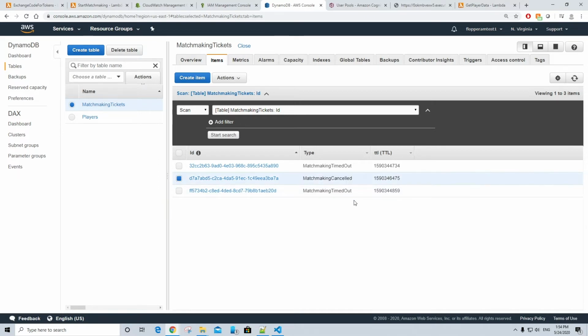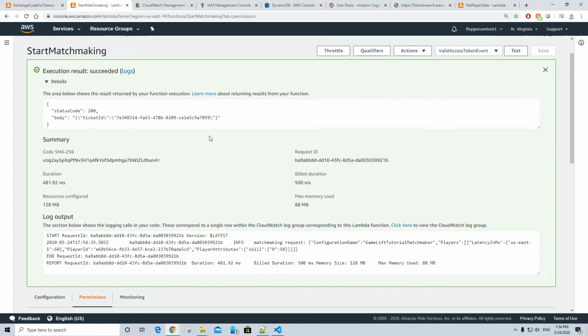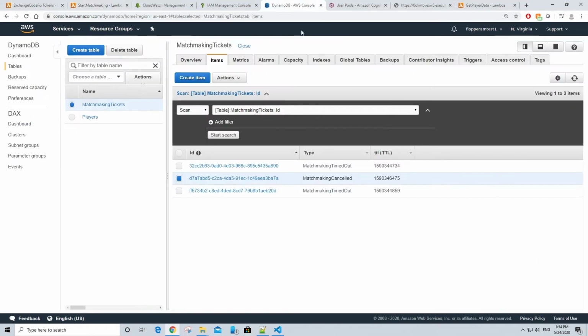you'll see a new item of matchmaking canceled. And if you notice closely, I know it was really quick, but this ticket ID is not the ticket ID of the last test event that we ran. It's actually the ticket ID of the first test event. Well, not the very first, but the second to last test event that we just ran. It's the ticket ID returned from that